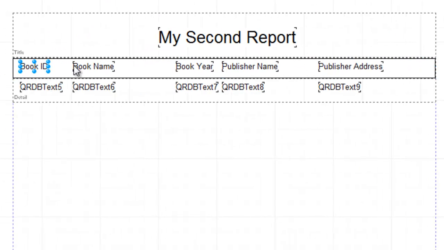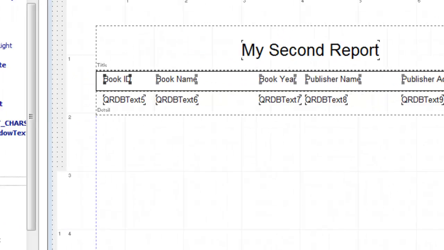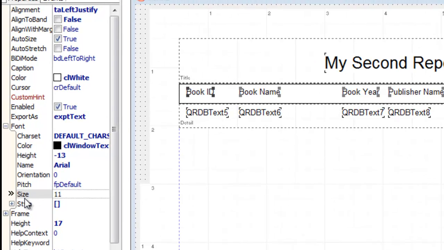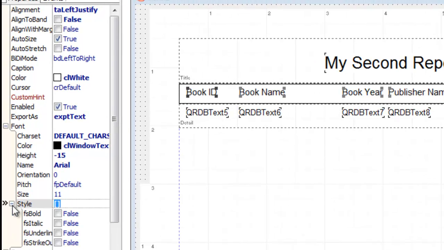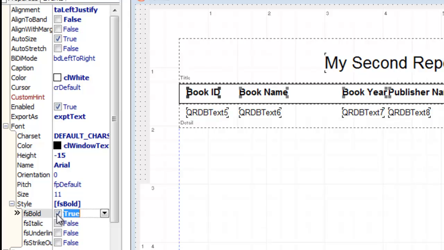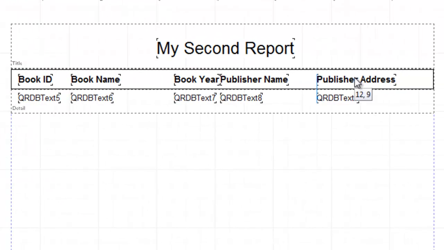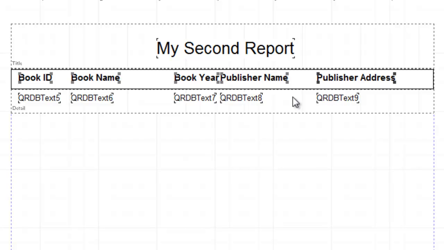Okay, you could also, maybe for the good display, you could select the components by pressing the shift and going to here. Maybe we change to 11 and we're going to change to bold right here. It's up to you.